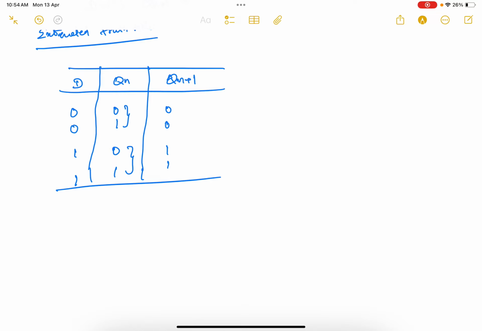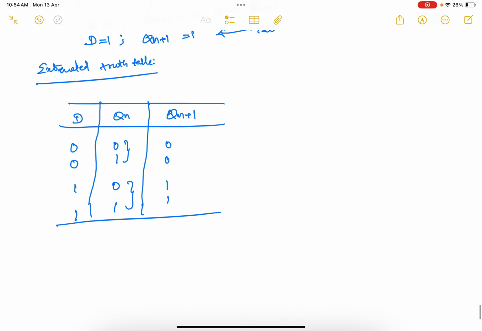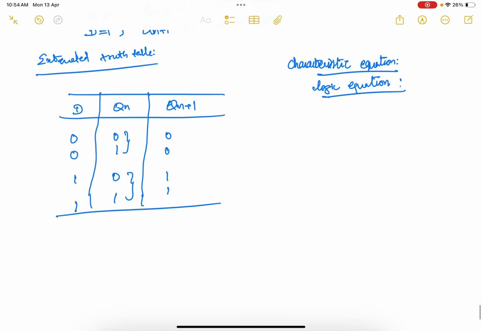My next state is going to become 1. So this is nothing but the extended truth table. Based on this extended truth table, we are going to write my characteristic equation, or your logic equation. So what is this characteristic equation? How can we form it? We can write this characteristic equation, which is Qn plus 1, using your